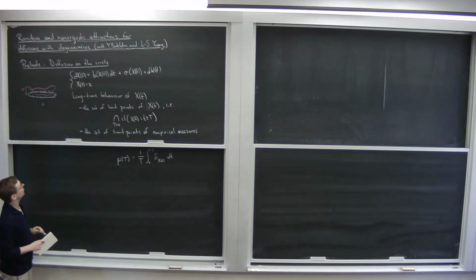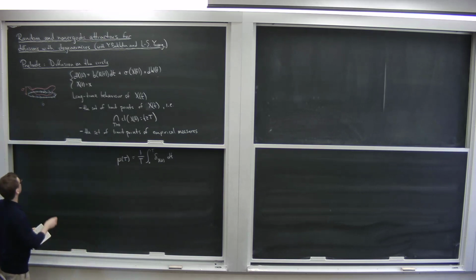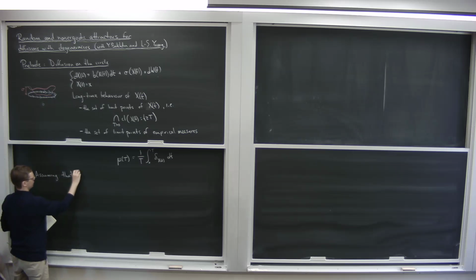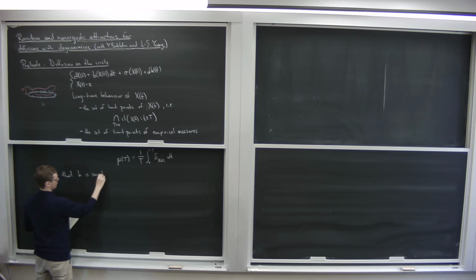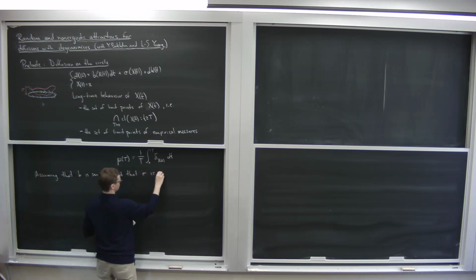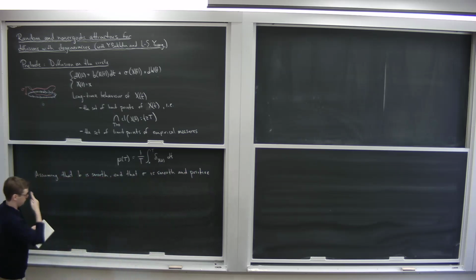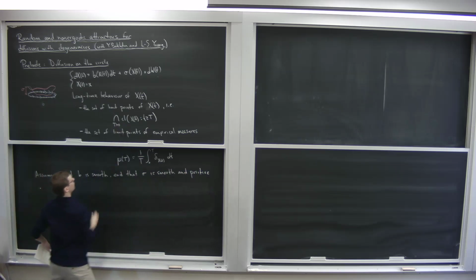And here, because this equation is quite nice, we can make clean statements about how these two things behave. So assuming that B is smooth, and that sigma is smooth and positive, you can prove the following two facts. This here